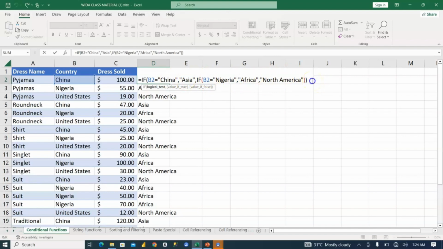This may be stressful because there is a function called IFS. IFS is used when we have multiple arguments. So instead of using two IFs, you can easily use IFS. Now, IFS is asking me for the logical test one. What is the logical test one? If this cell, which is a country, equals China,